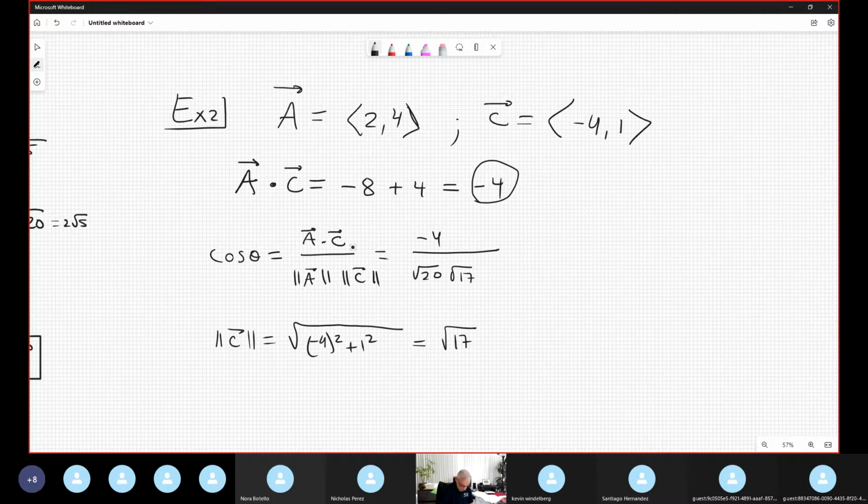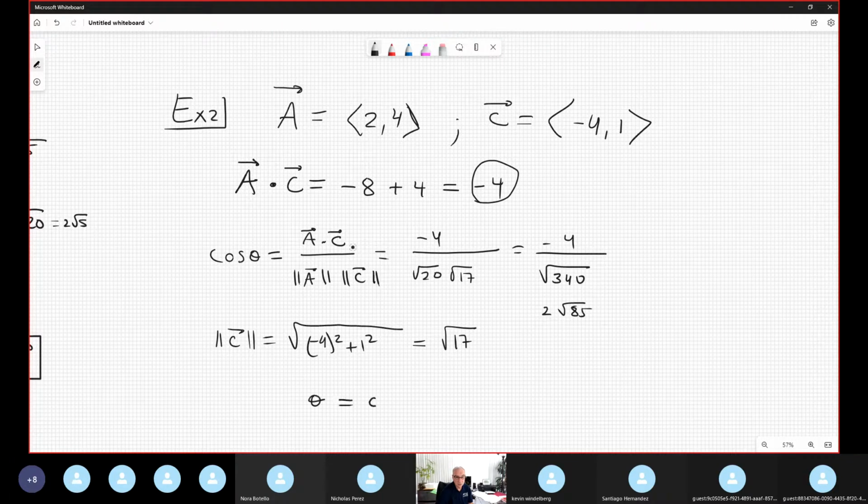Okay. Now the multiplication, you combine if you want. This is 20 times 17, let me put it in the calculator. 20 times 17 is 340, no? Entonces it's -4 divided by the square root of 340. We can simplify, but it's not important. You put it in the calculator. Actually, I did that. My calculator says 2 radical 85. But it's not important. Now, theta alone